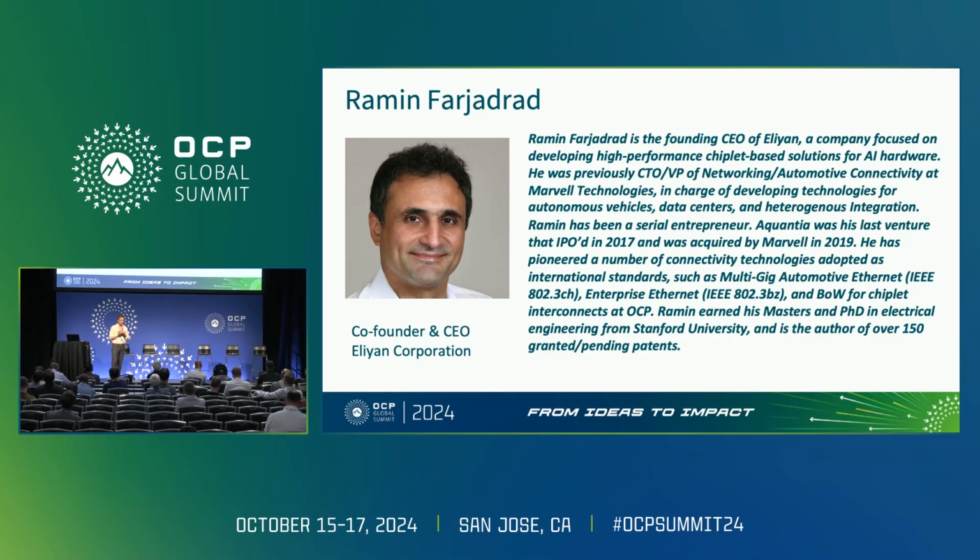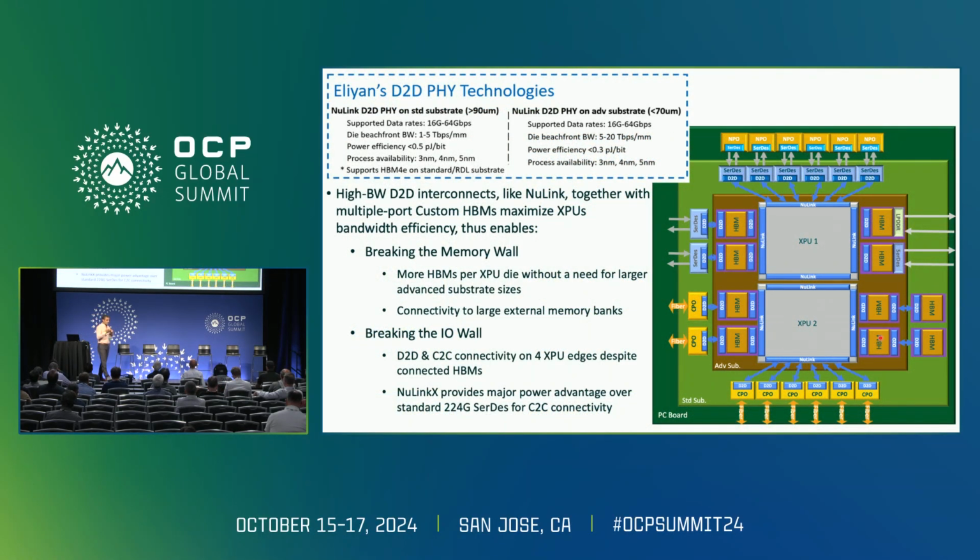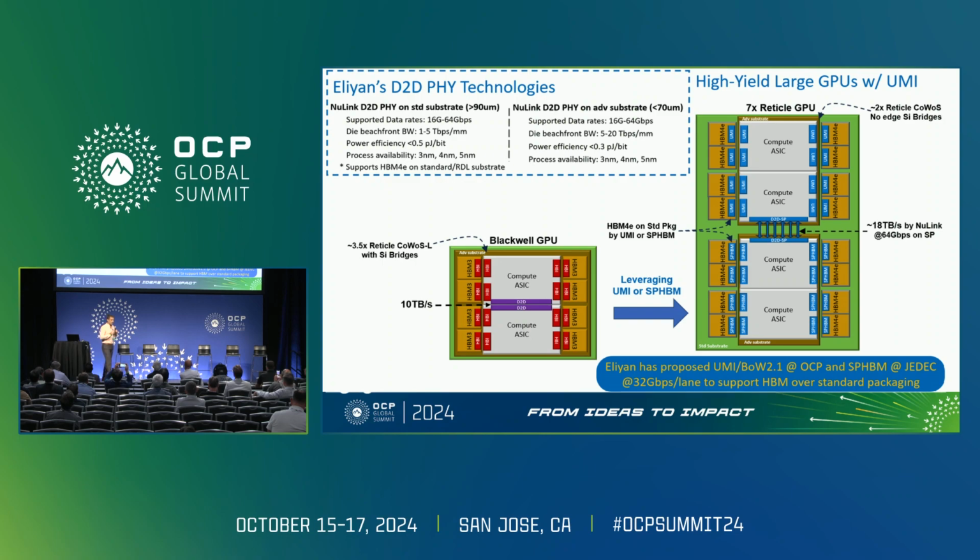And it worked beautifully. One of the key parts was that we needed a very efficient die-to-die interconnect. By efficient, I mean high bandwidth and very low power, low area. And back then there was no advanced interconnect technology. So that's what drove me to start thinking about how we can get really high bandwidth, as if these chiplets are all sitting on a single chip and talking to each other, also at low power. And that technology, I took it into Eliyan.